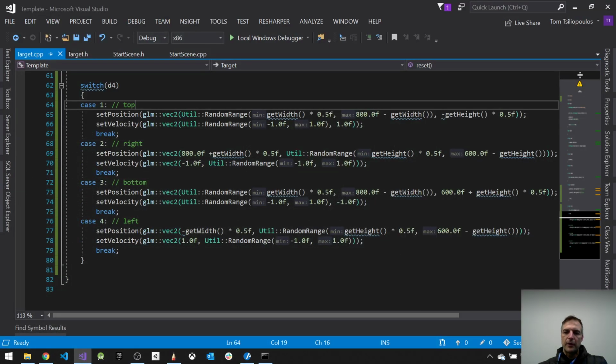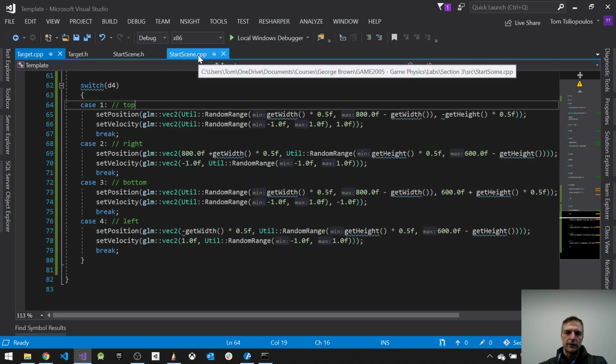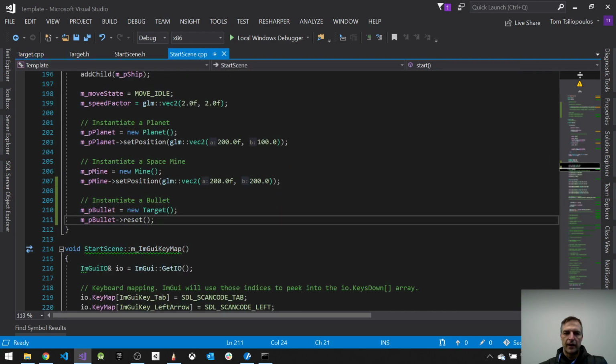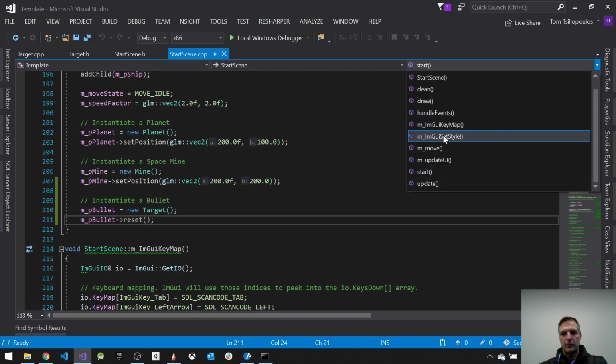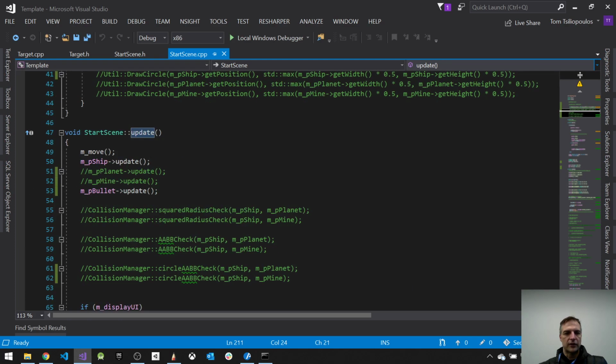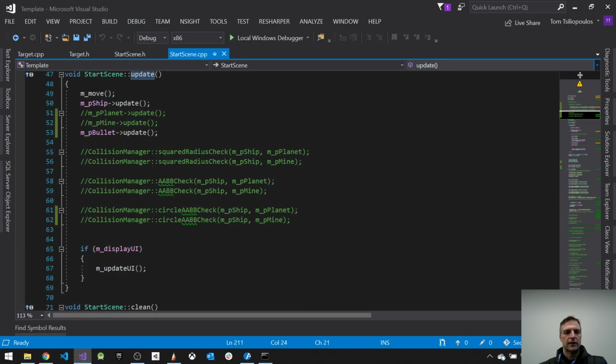Alright, so we've done this part, but we're still quite far off of what we want to do. I want to go into my start scene.cpp, and so we have a couple things, right? In my start scene, I want to go to my update function. In my update function, I want to do one of these checks. And it's not square radius check, it's not AABB check. I want to do a circle AABB check like this,